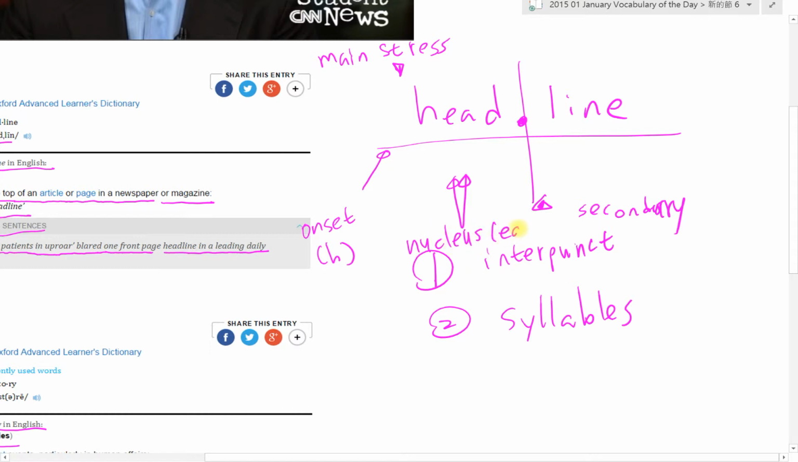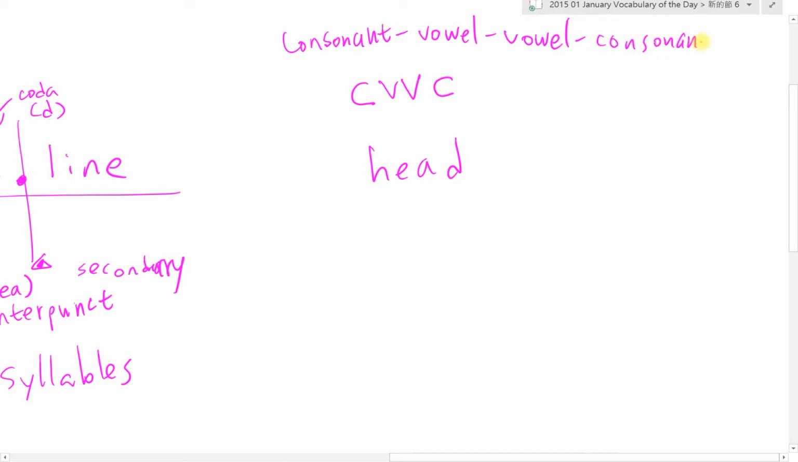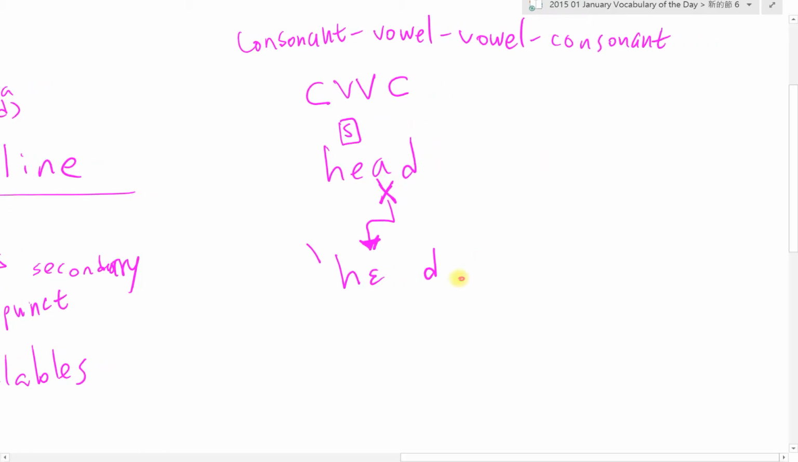好，我们看 head 很好玩，它是 onset H，nucleus 是 EA，coda 是 D，所以 head 是 CVVC 的 combination。但是注意它的两个 vowel 不是 V 加 V，后面的 A 不发音，前面的念短母音，所以我们看它的 short vowel E，然后有个 silent A，所以它是 head。